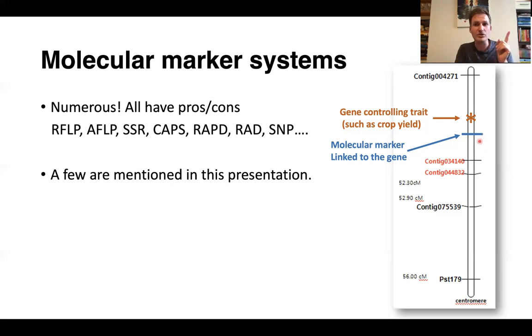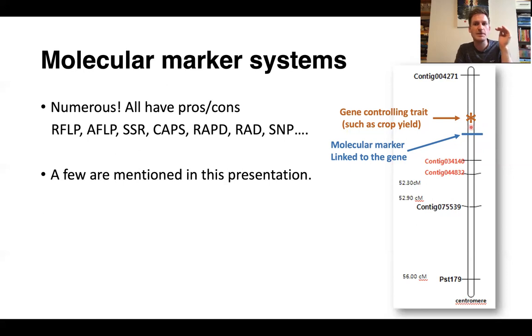And in general, the marker is correlated to the trait because it is in close proximity on the chromosome itself to the actual gene that controls